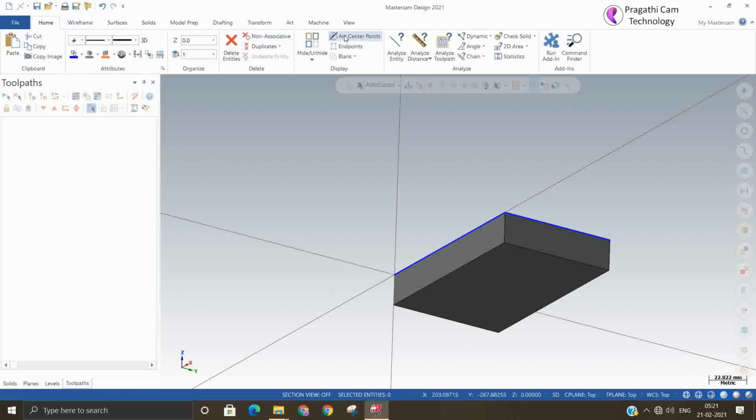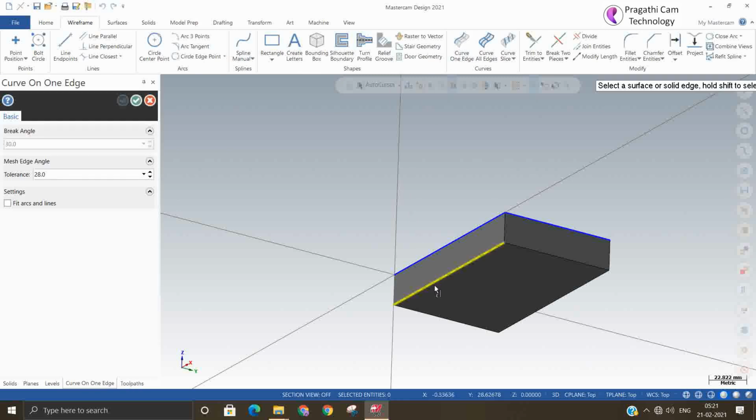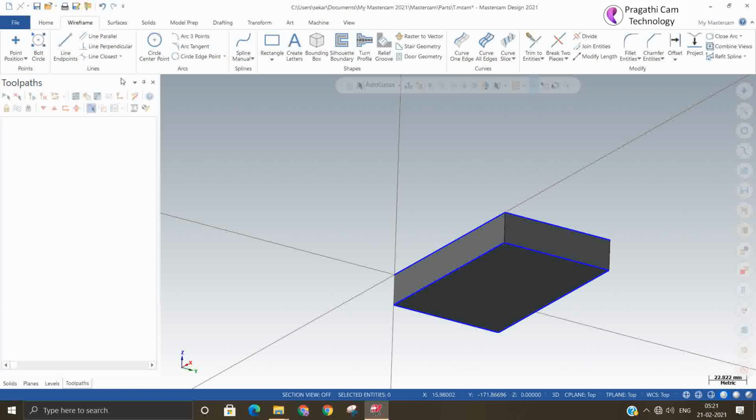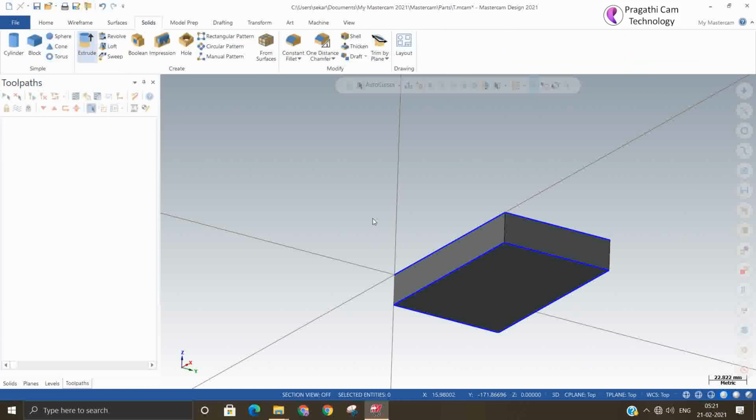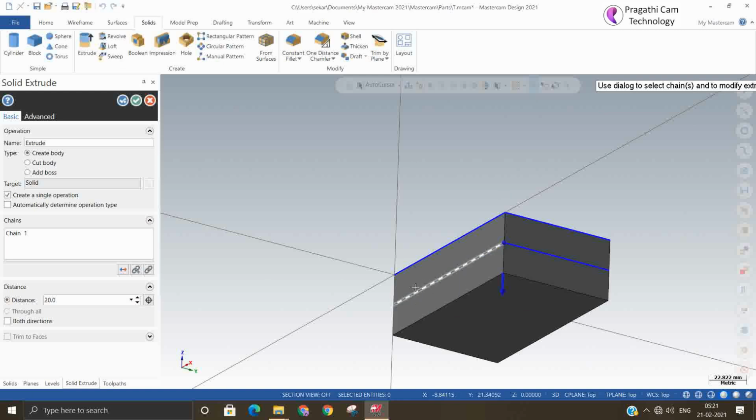So we'll go to wireframe, curve on edge. I'll select all four edges, accept, and solid, and extrude. So considering that the top is aluminum and the bottom is brass. Okay, like this situation.